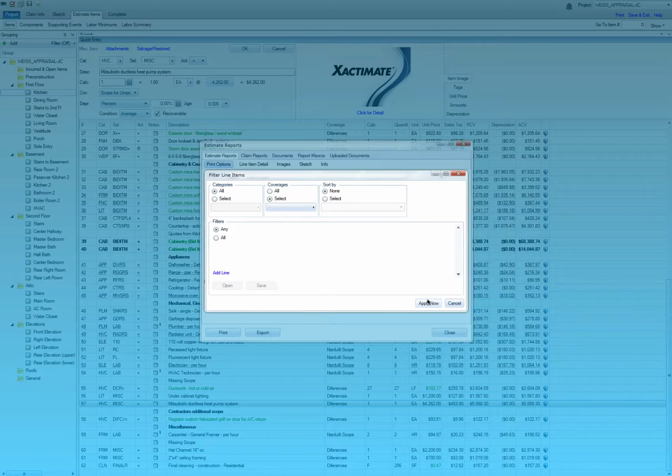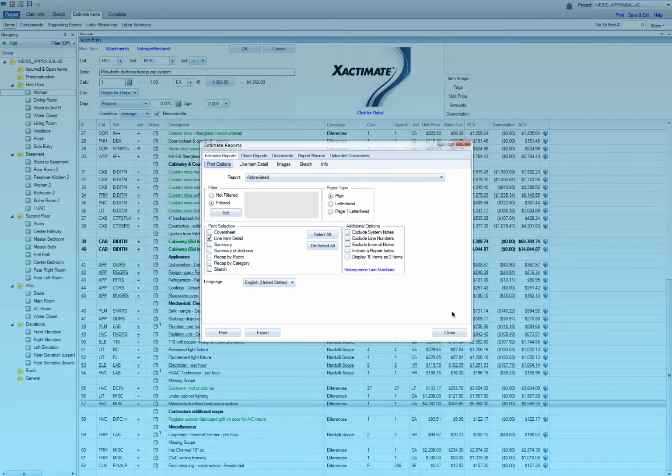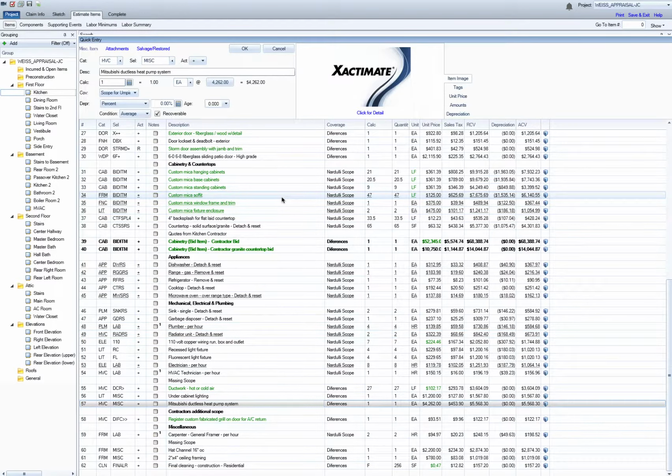So what'll happen is if we have to go to the umpire for anything, we'll have this scope only for the umpire in the rooms following our estimate, and then we'll have unit costs. So the umpire can give us his unit costs. We can change them in the estimate globally, and then we can have a final modified. When the umpire, let's say, agrees with this, we'll drag it up into scope or the agreed scope, and then we'll be able to give a final estimate to the insurance carrier to make payment on,